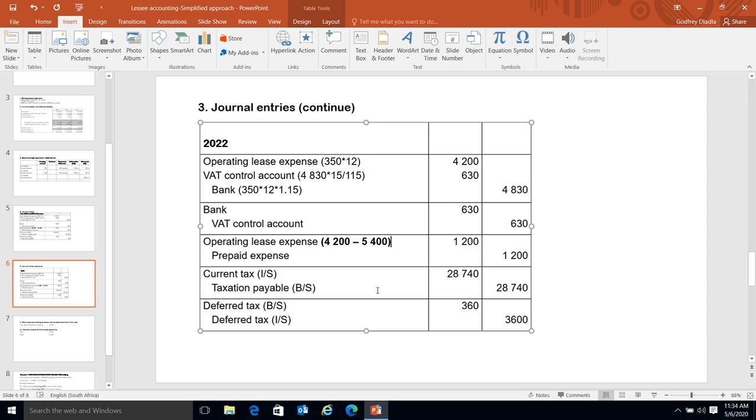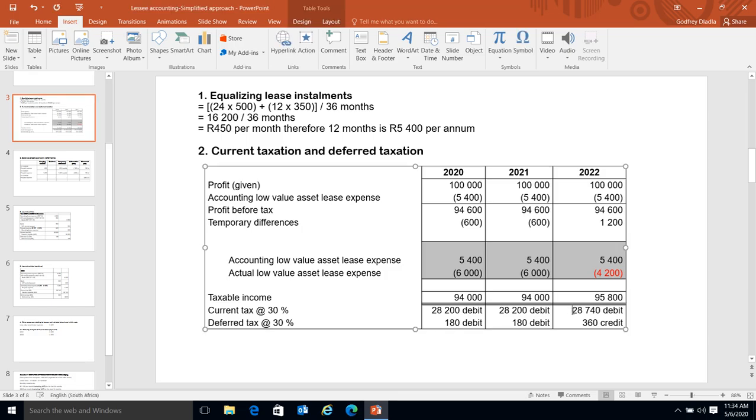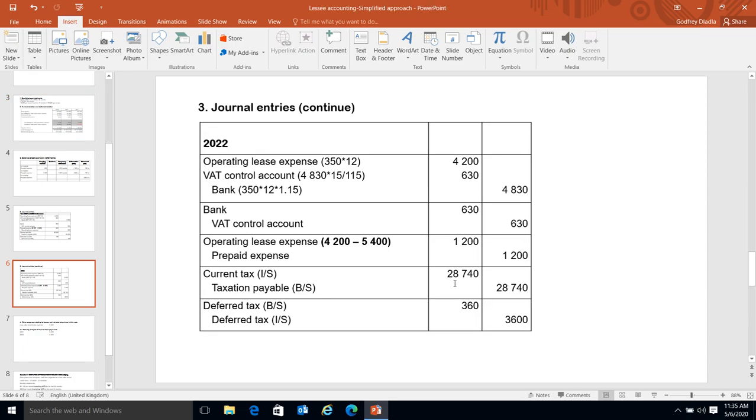Right. Now, tax. In the last year, you've got tax of 28,740 and the deferred tax of 360, but it's a credit, this one, because the 1.2 is deductible. Deductible creates an asset, debit balance sheet, credit income statement. Okay. Now, here it is. You've got the tax raised for that year. Remember, now we're creating an asset, debit the balance sheet, credit